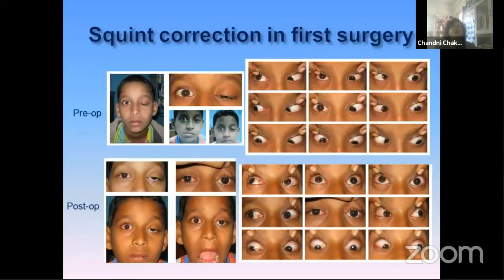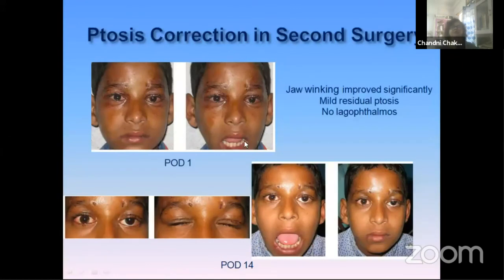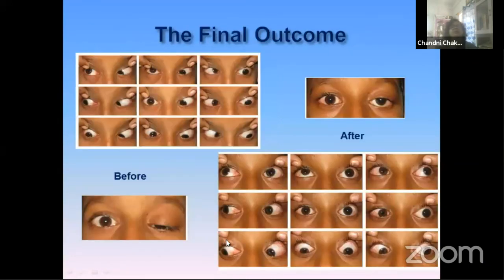So this is a result of one of the patients. You can see in the preoperative photo, there is a large hypertrophy of the left eye along with ptosis and jaw winking. Now this is after the squint correction. That is the first surgery. The orthophoria was achieved, and then this is after the ptosis surgery. That is the second surgery, where you can see the jaw winking was also improved much after the surgery, and there was no lagophthalmos on closing of the eye. Now this is the final outcome. You can see that